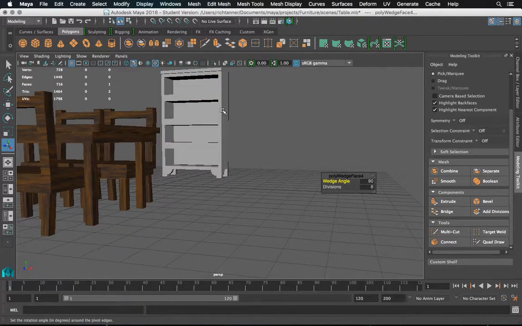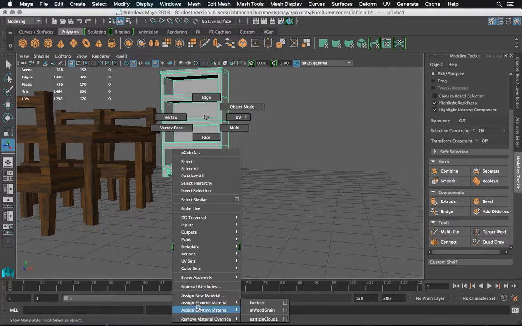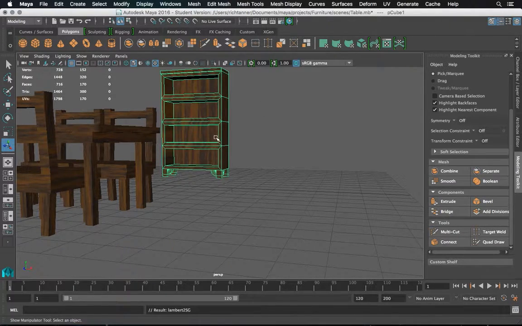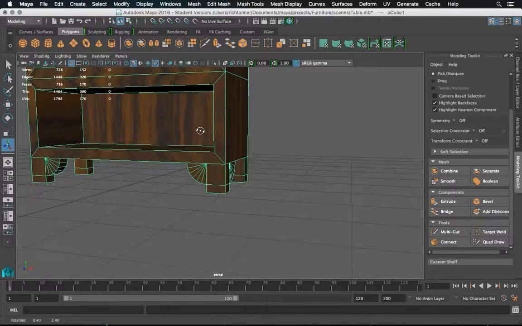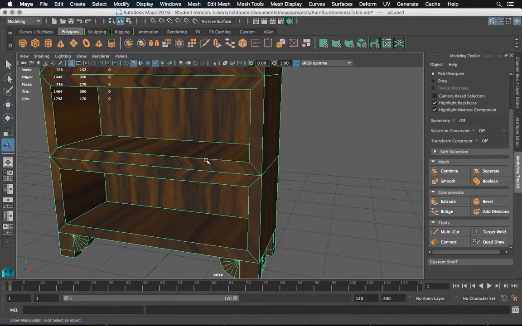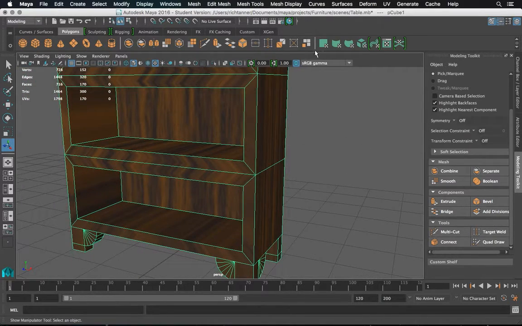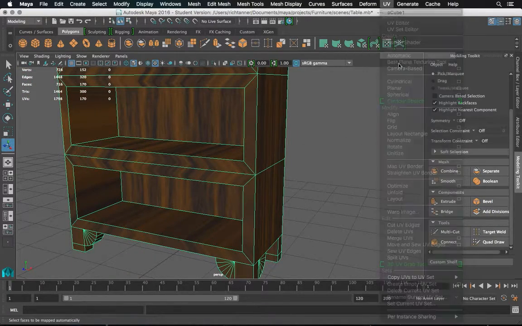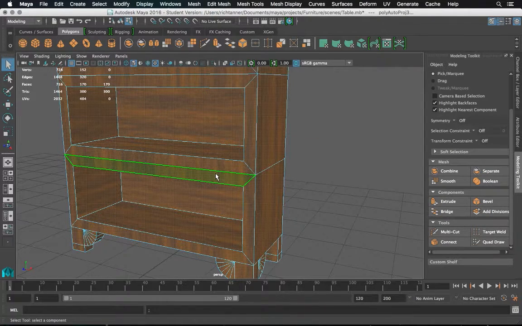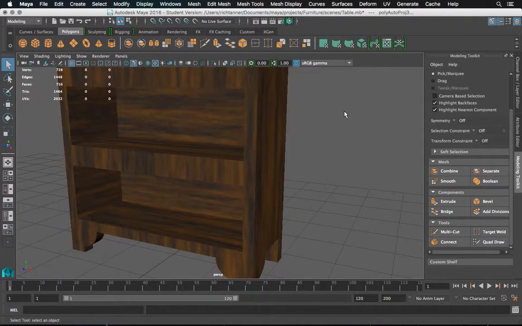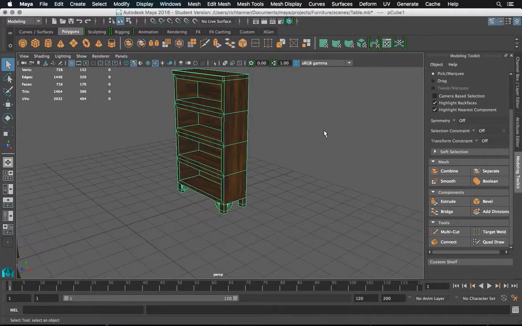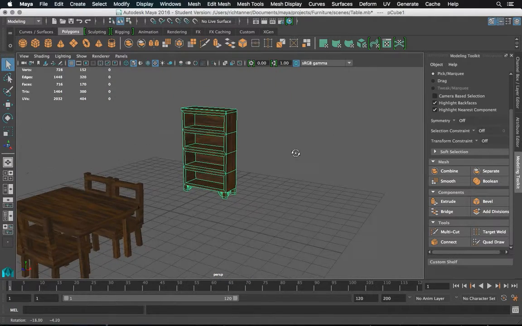So I'm going to go to Object Mode. I'm going to apply the texture that we've got, wood grain. I'm going to look and see that it is all jaggy and zaggy, because we've stretched and extruded a lot. So I'm going to go back to UV and automatic. And there we go. Now I've got a bookcase